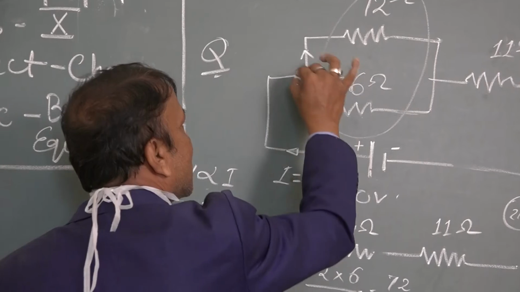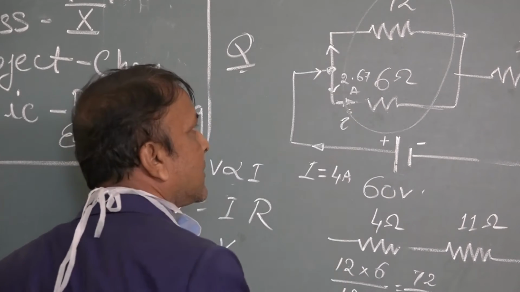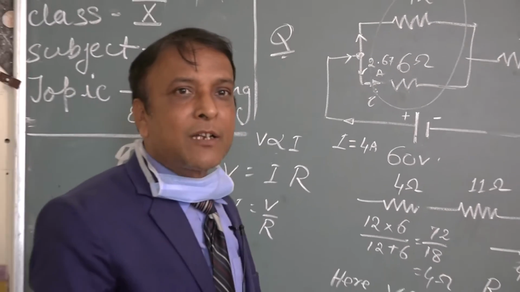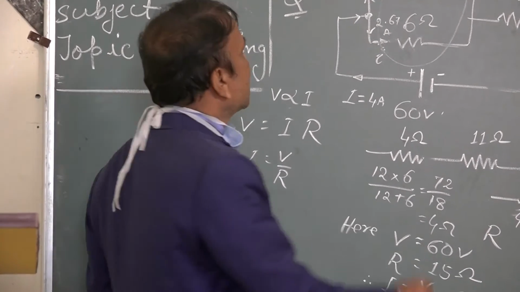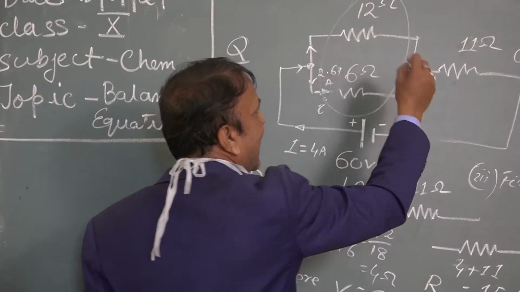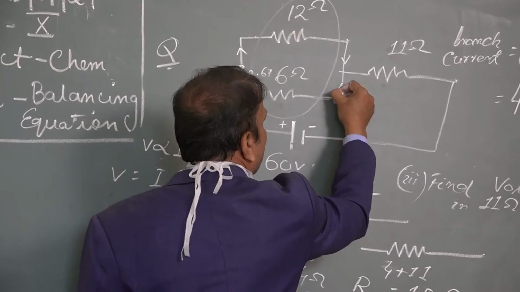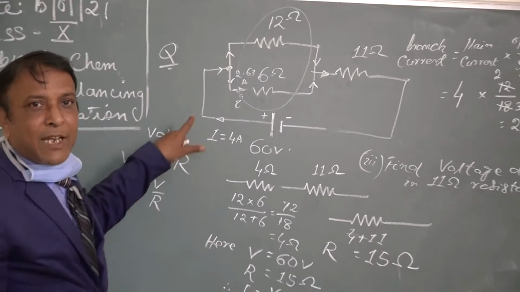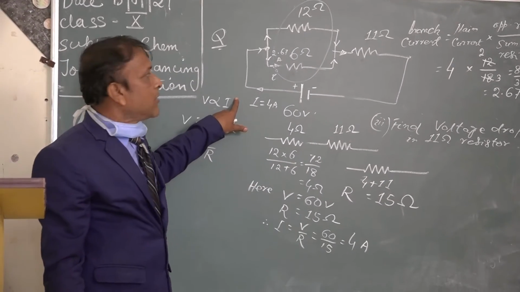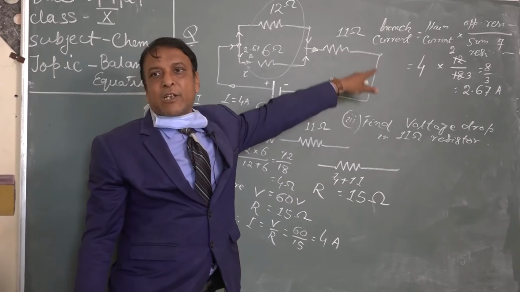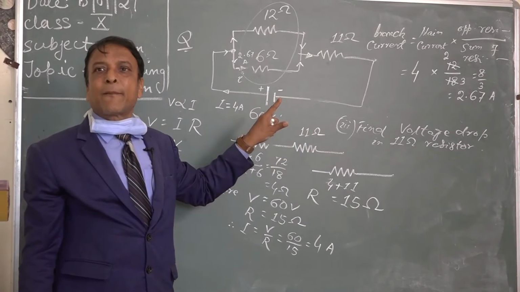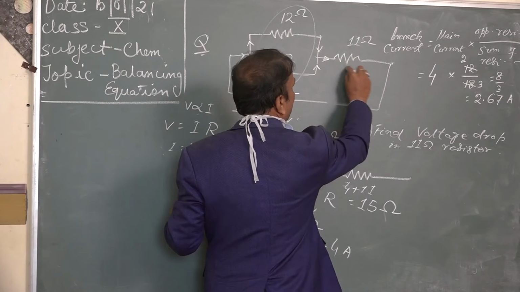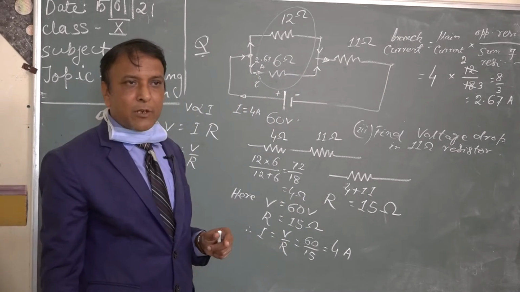2.67 ampere. So up to here 4 was coming, but 2.67 went this way, so how much will go to the other side? 4 minus 2.67. Again, the same current will come here, and they will go in this way. Whatever the value of the main current is, the same current again you will get here. Chirag, you are understanding? Yes, sir. Okay. So here again the same 4 ampere current will flow through the 11 ohm resistor.